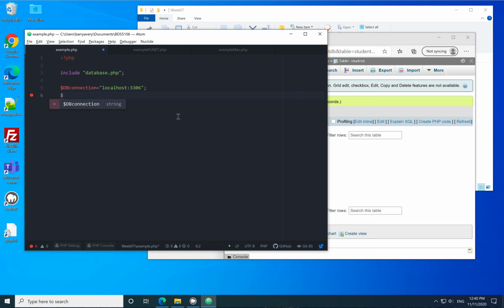And then we have to supply a username, so DB username, and the default is root. Now obviously in the real world you wouldn't use these usernames and passwords, you would change them, but this is just running on my own machine locally, so it doesn't really matter. And then DB password, and again that's going to be root,